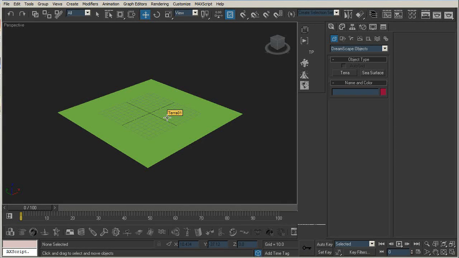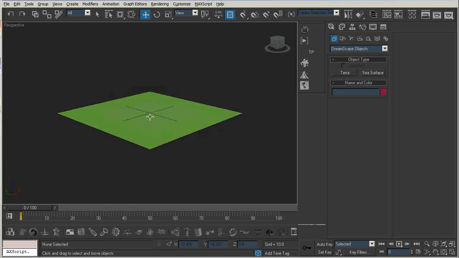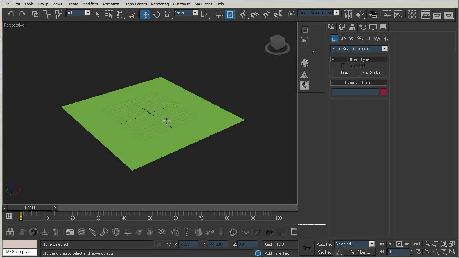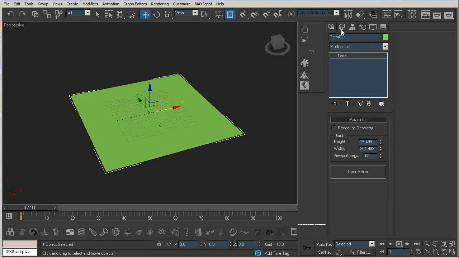We'll go into exactly what it is with the sea surface when we get to that point, because a lot of people, me especially, when I first started working with Dreamscape, fell into this error where I would always get artifacting and color banding and odd looking stretching in my horizon, and I'll show you why that is when we get to that point. So right now what I'm going to do is come into my edit panel with my